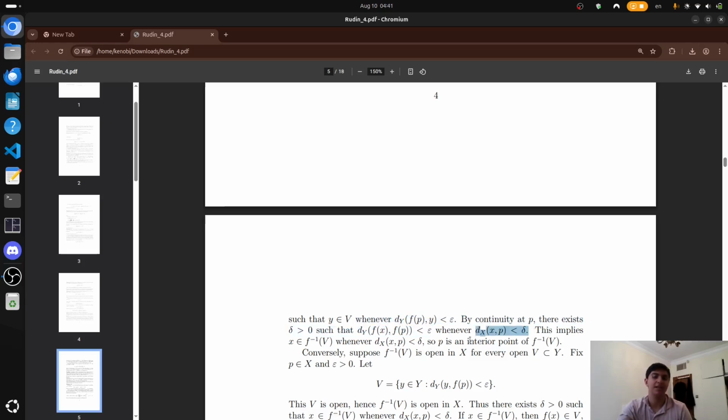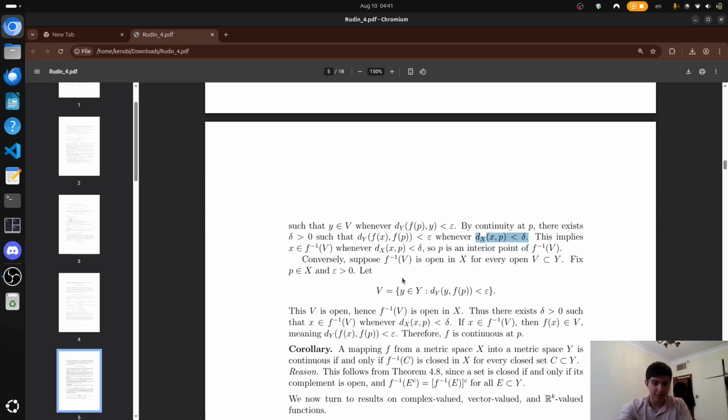That's the strategy. Take an open set, take the definition of continuity associated with another open set, and show that the associated open set is open, right? This implies x is in f inverse of v whenever d_x(x,p) is less than delta, so p is an interior point of f inverse of v. Conversely,